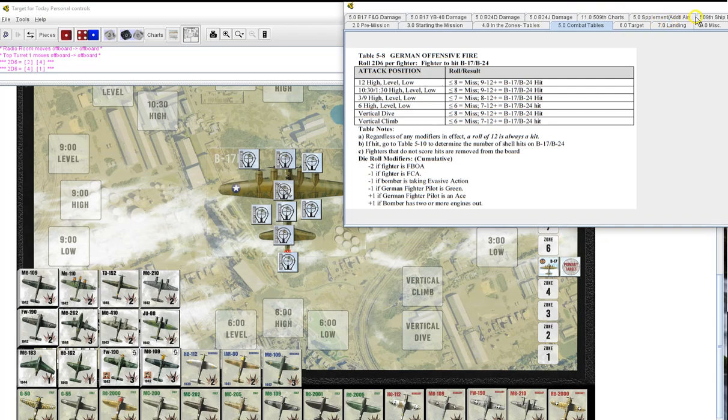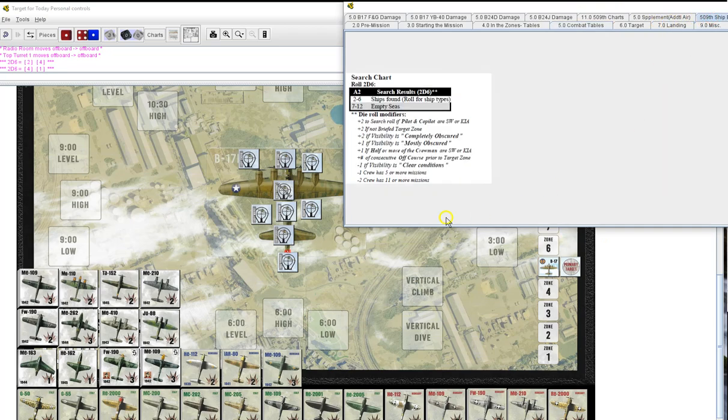So now we go to chart A2. We're going to roll. Man, that's going to be tough. We got 1, 2, 3 off targets to go for. So, well, let's see what we get. Oh, yes. 9. And I did not write down whether we are mostly obscured or...